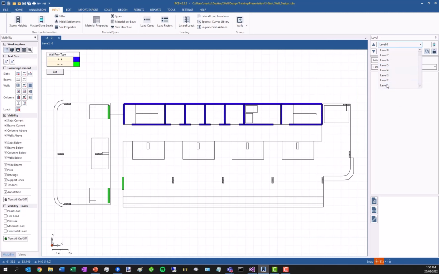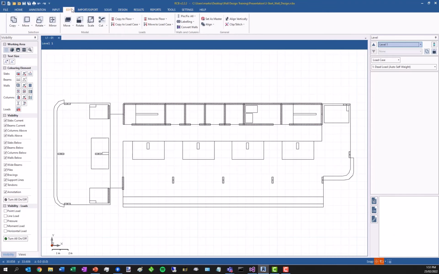And let's go to the lower level. There are two more things that we need to check in terms of preparation, and one of them is the labeling of the walls. Why is labeling important? If we don't have labels, we can't create the elevations. We use the labels to create the elevations, and we can do it automatically, or we can go to edit labeling and assign labels manually. We're asked to specify opening maximum width. In this case, I've modeled the doors floor to floor, so for these walls to have the same label, I need to specify some distance such that when it searches,